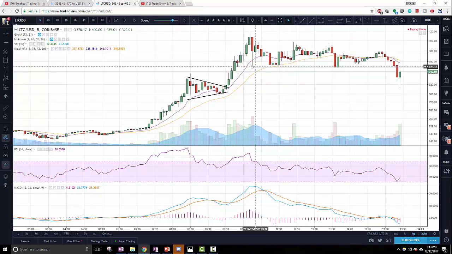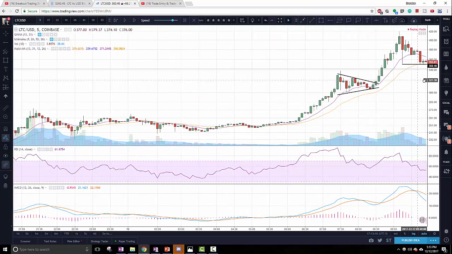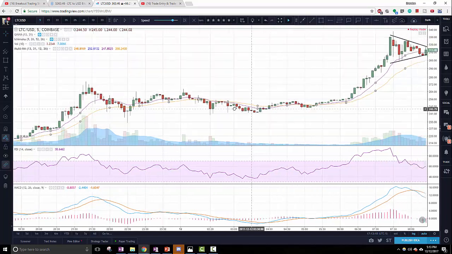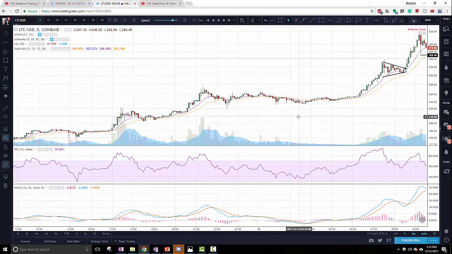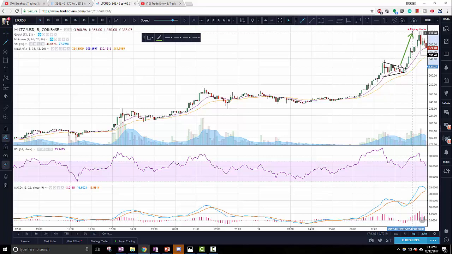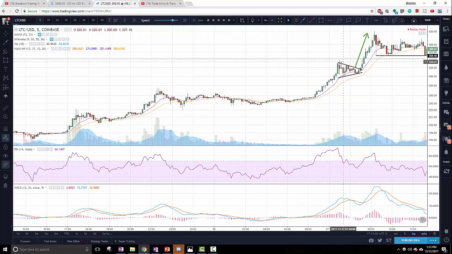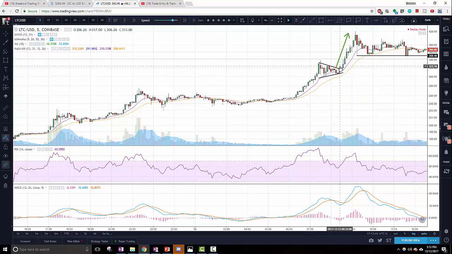Now, besides the dome, how did I pick my stop loss? I looked back here, and normally when you determine stop losses, you're looking at prior price action. Where's the last support and resistance? I knew the last breakout that we had, a high probability breakout, was this point right here. For those of you who don't know anything about breakouts or charting, which again 99% of you crypto traders don't, this is a flag and pennant, if you want to call it that. I would just call this a wedge. Call it what you will. Names don't really matter. But I knew this was the last high probability setup that we had. Look at all this volume that came in on the break here, confirming the breakout.